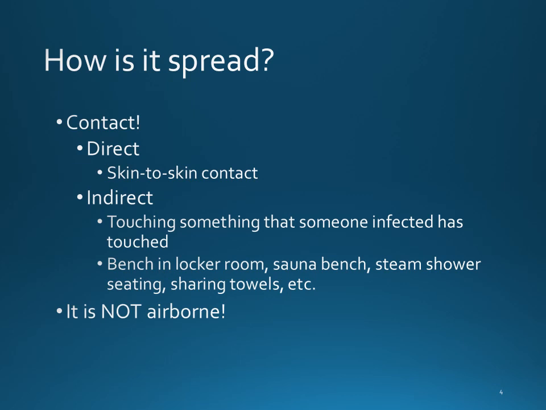I talked about doors, but you also got to think about sharing towels. So this is where athletically we really kind of had to do things differently. At the time, I was covering women's basketball, and we literally used to have just a tray of water bottles that everybody drank out of. So when MRSA kind of showed up, we had to actually start using individual labeled water bottles for each athlete, because you got to think, if I've got MRSA on my hand, I grab a shared water bottle, drink out of it. The next person behind me gets that water bottle, or the athletic trainer touches that water bottle to give it to someone. And that's a method of transport.